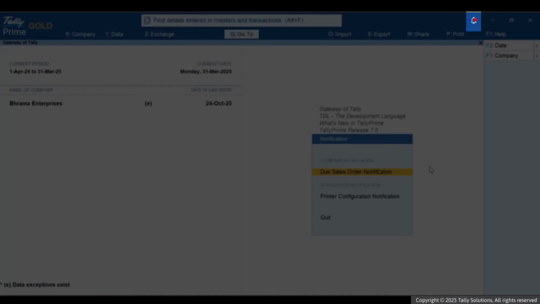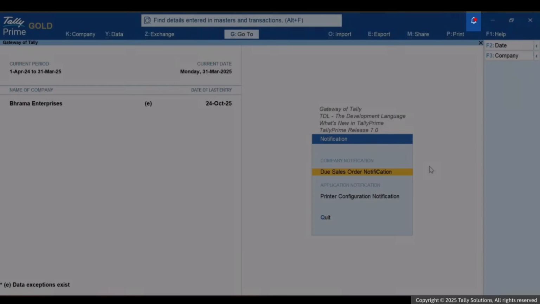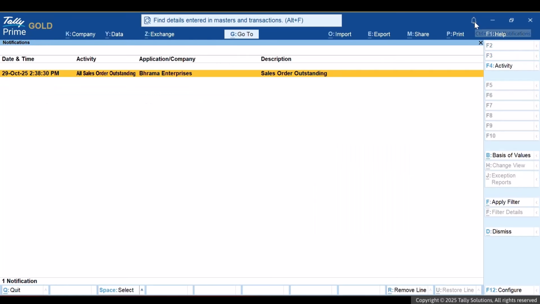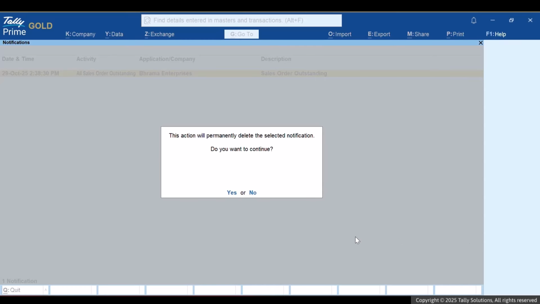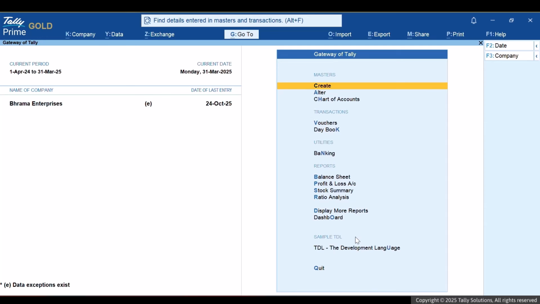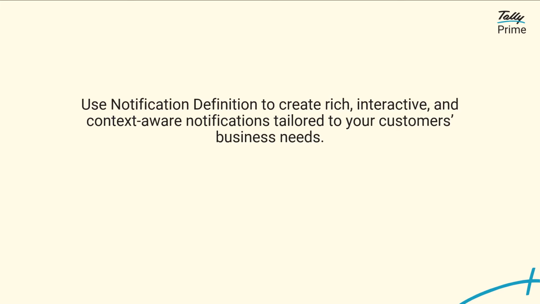You'll notice a red dot on the bell icon. That's your notification being raised. When you open the notification report, you'll see it listed with options like dismiss or filters by activity. With just a few lines of TDL code, you've created a fully functional, controllable notification system within TallyPrime.